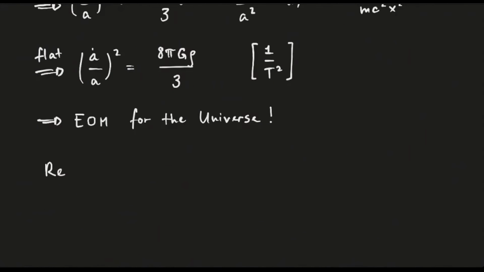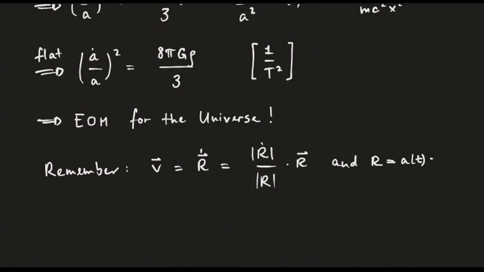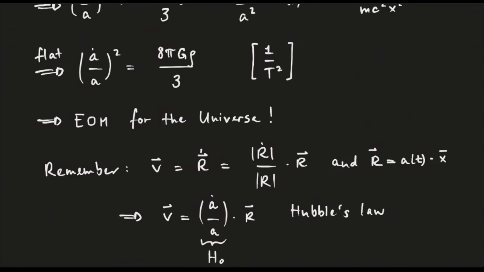And remember, v equals r dot, which we can split into a magnitude and a direction. And if we insert the same change of coordinates, we get v equals a dot over a times r, which of course is simply Hubble's law. So, if we take the Friedmann equation today, we have a formula for the Hubble constant if we know the density distribution today. Now you know what the Hubble constant means theoretically, but let's go back in time about 100